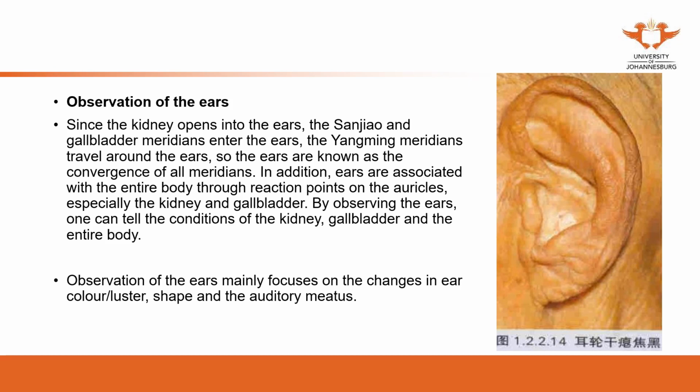So when you talk about the head, you're going to focus on the color, the shape, the luster. When you talk about the eyes, we're also going to see a few aspects, and from the ear as well, the same. Such as this ear, you can see it's from a senior patient. It's a dry and thin ear. So this kind of ear can reflect the kidney deficiency. Also, the color of the ear, see on the side is darker. So that also can indicate the kidney problem.